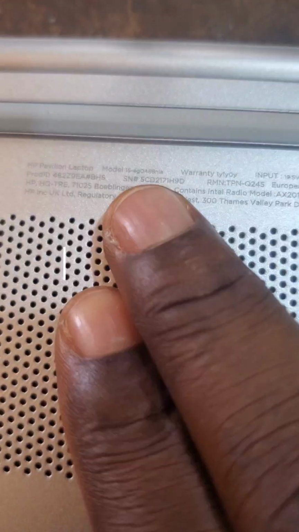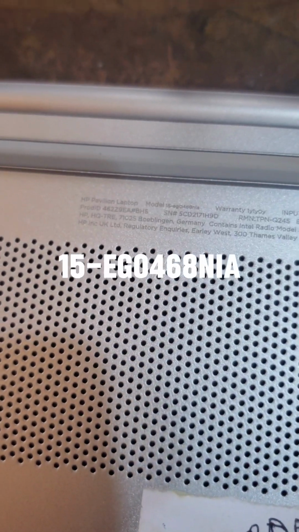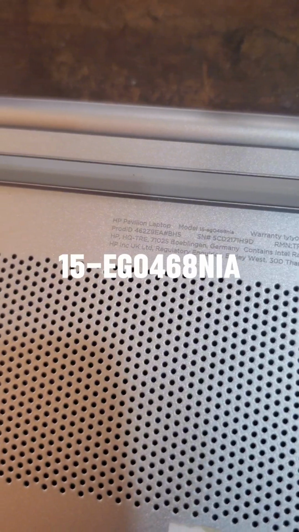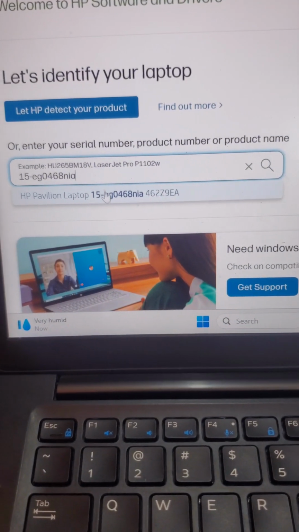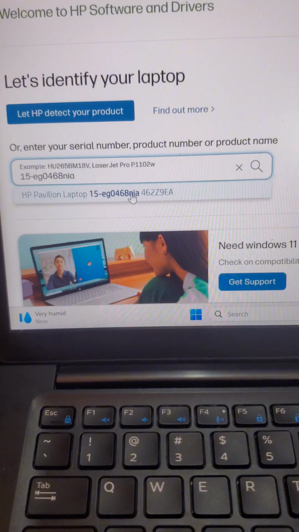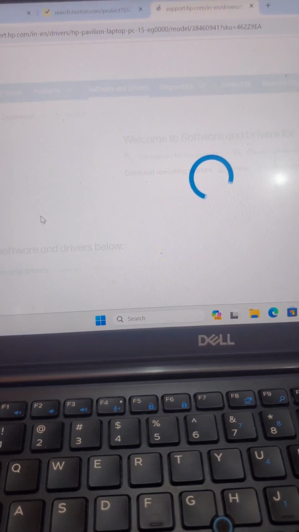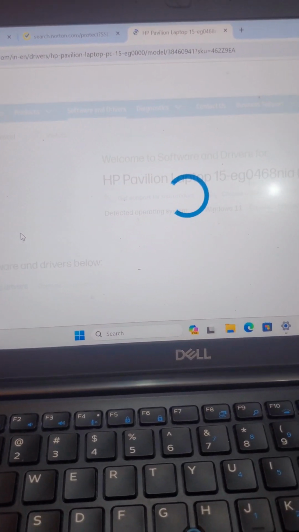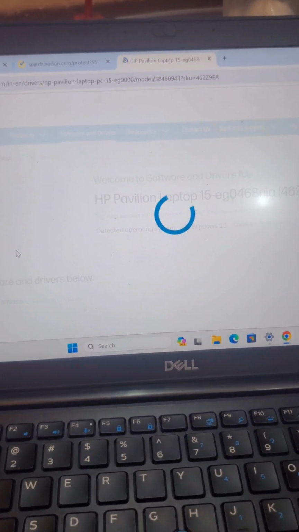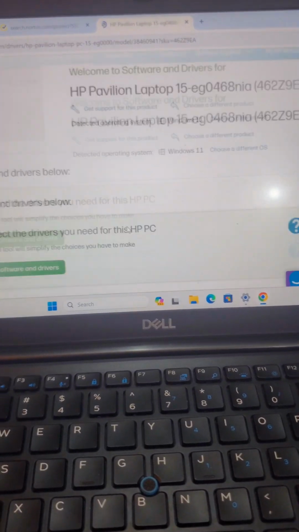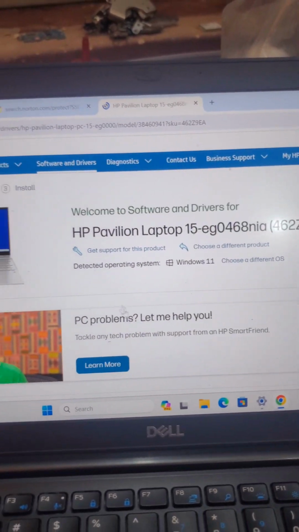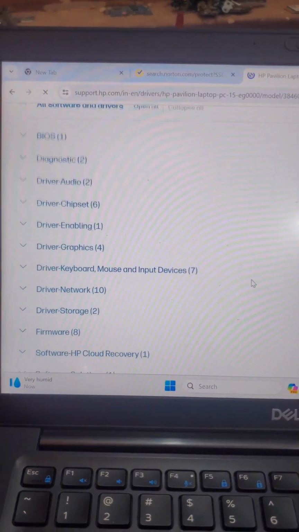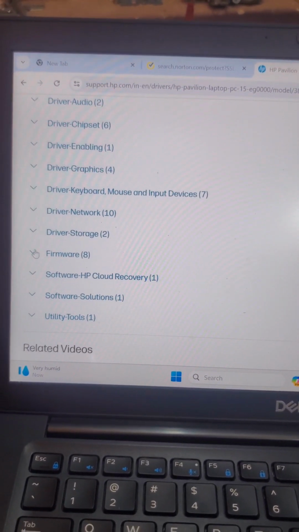So, here is 15 IP EG0. It's out already: Laptop 15, blah, blah, blah. So, that is the PC. Okay, so here it is. What I'm looking for here is the PC. I will have to scroll down to driver